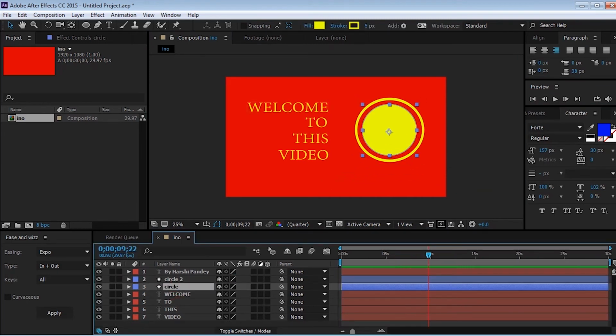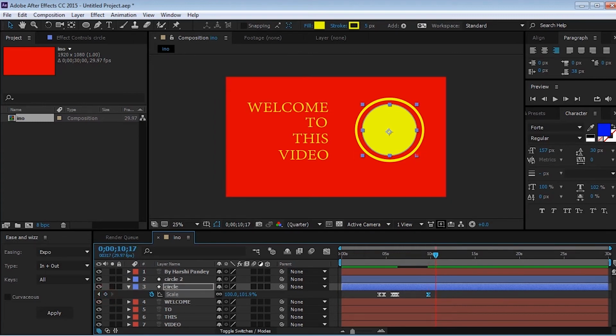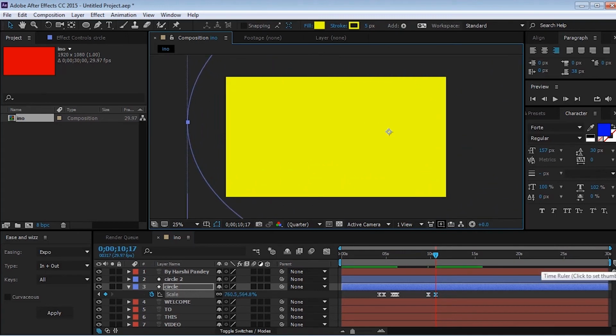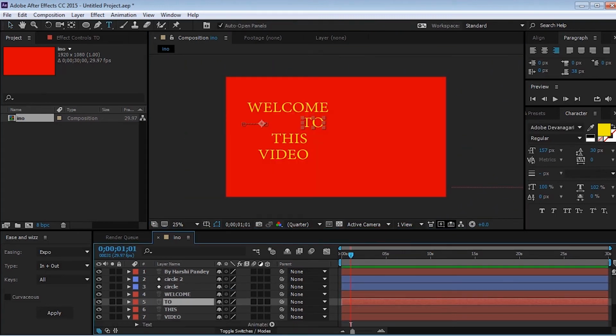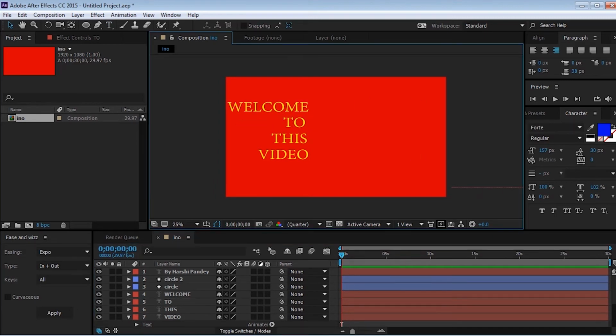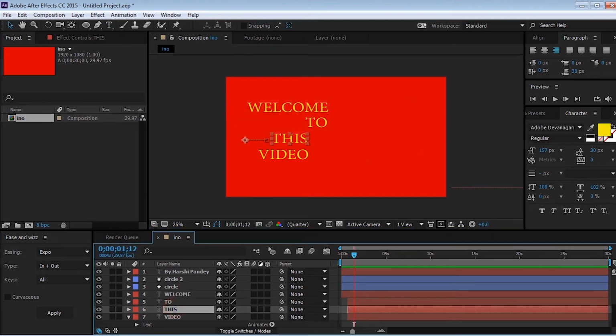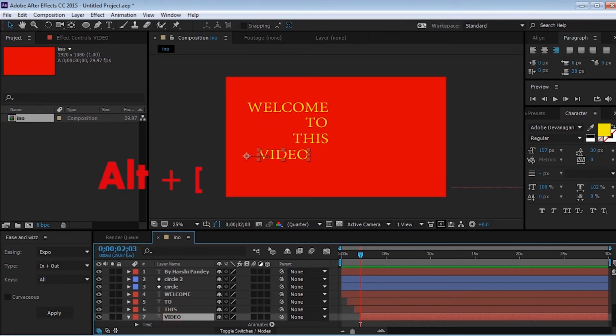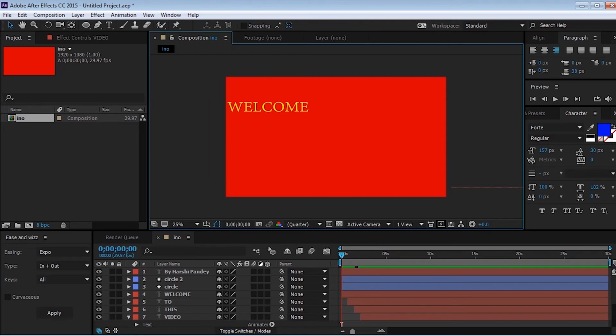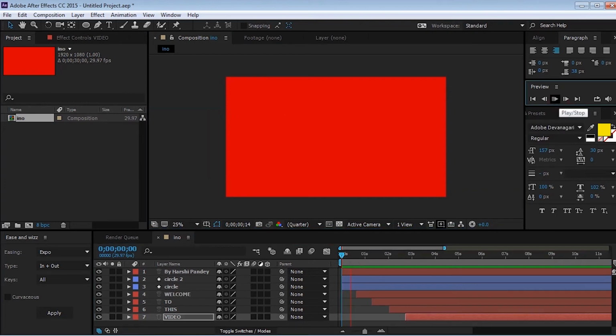Perfect. Now at last, what I'll do is I will just increase the scale of the inner circle by using these keyframes, and I'll cover that page. Now what I want is, in the text "Welcome to this video," each text should appear once the initial text has taken its place. Now what I'll do is I will cut the text bar till the initial text is in its place. Now if I show you my intro till now,